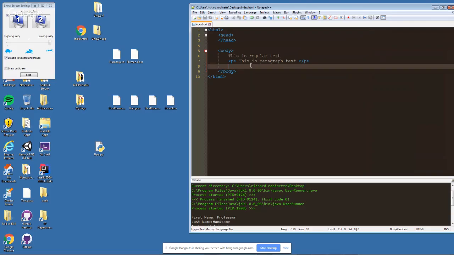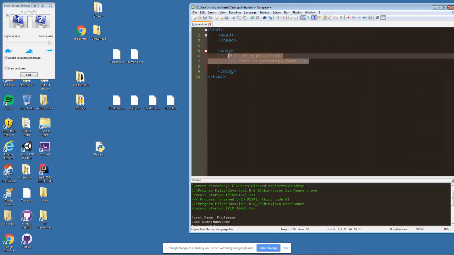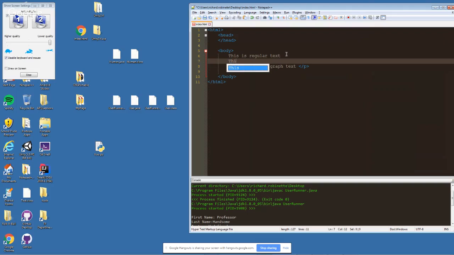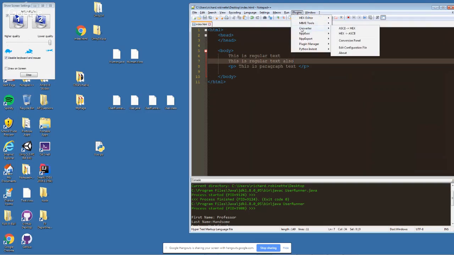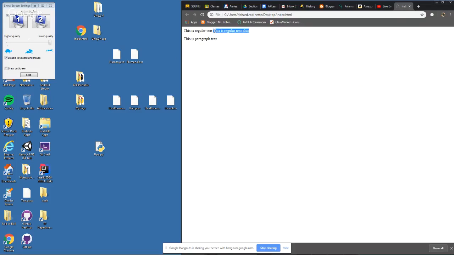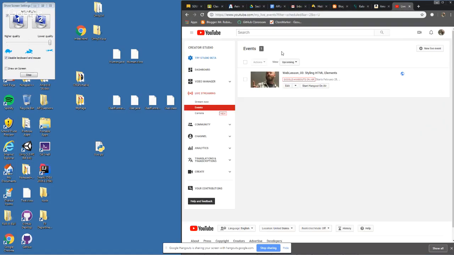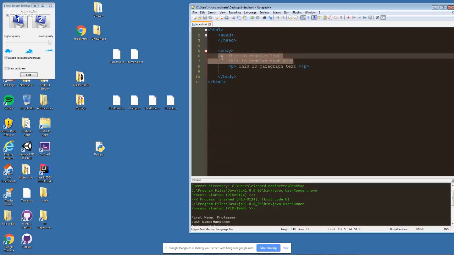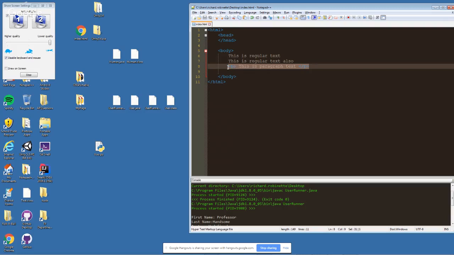All right, so let's start with this, okay? So we have this regular text, and some of it's regular and some of it I've enclosed in paragraph form. The biggest thing when you have paragraphs, right? If I say this is regular text also, and then I can save that and then run in Chrome. You see how a line didn't get skipped, right? It would all jumble together. I can write The Great Gatsby here, and if I don't enclose it in paragraph tags, it doesn't really get